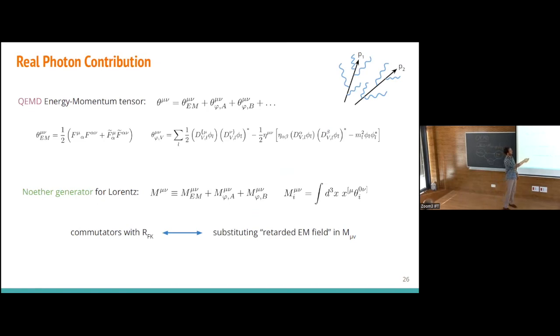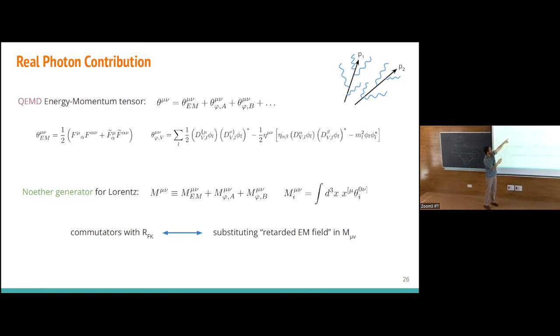You write the energy momentum tensor in your theory, which is associated with a kinetic term for the 2 versions of the photon, the F and the F dual, and also the part that comes from covariantly coupling to the matter fields in my theory. This is just the covariant derivative part. And now the generator for Lorentz transformations is just the anti-symmetrization of the x-coordinate with the energy momentum tensor. So this is the standard definition of the generator of Lorentz transformation.